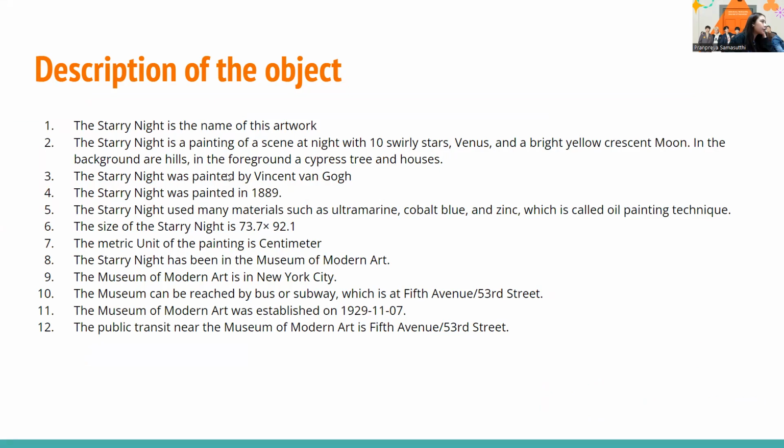The author, which is Vincent van Gogh, the date that the Starry Night was painted, and the next is the material, the size, and the unit of the size, which is the centimeter, and the next is the place that the Starry Night is housed in,